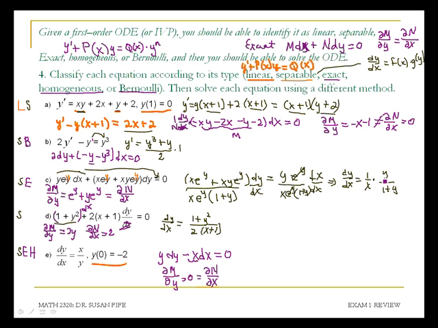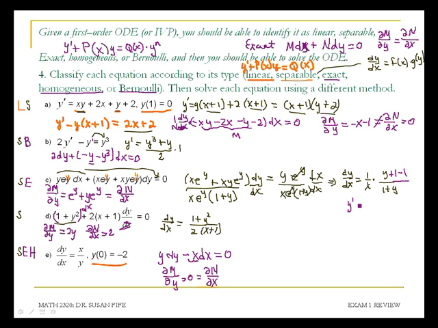And you may be able to take this y divided by y plus 1 and rewrite it. I'm going to show you a trick. I'm going to write this as y plus 1 minus 1 in the numerator, so I'm adding 1 and subtracting 1 so that I can break this up